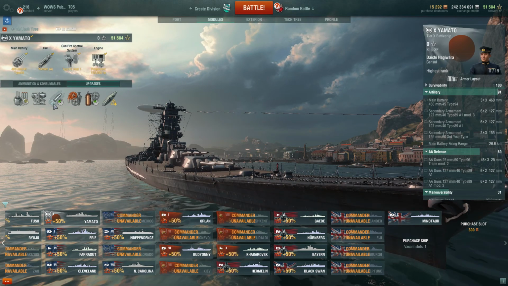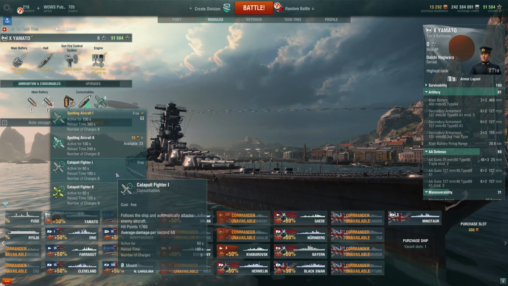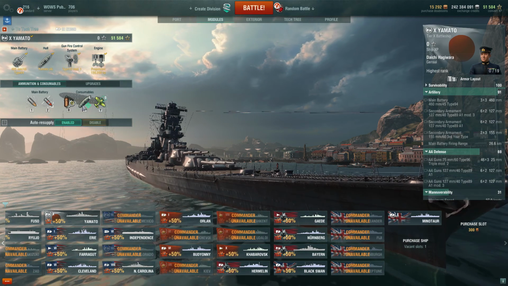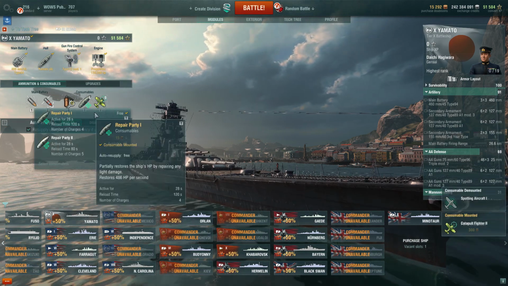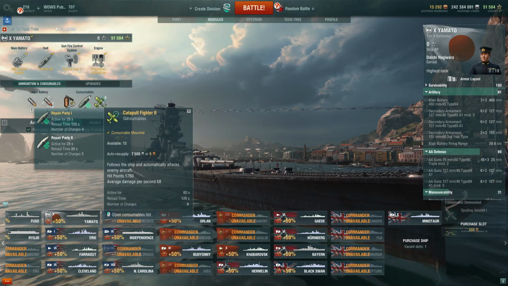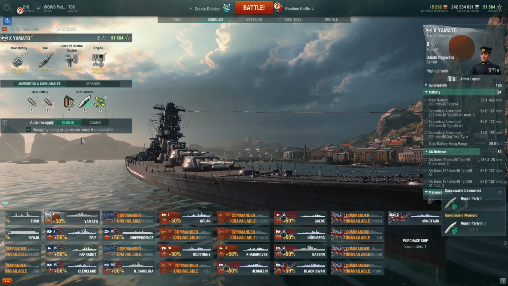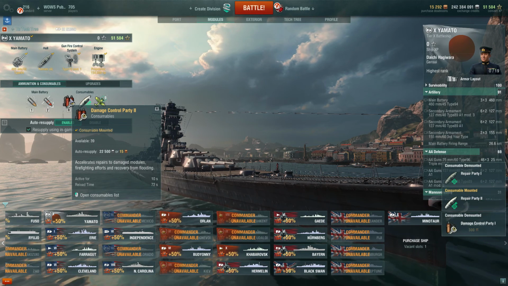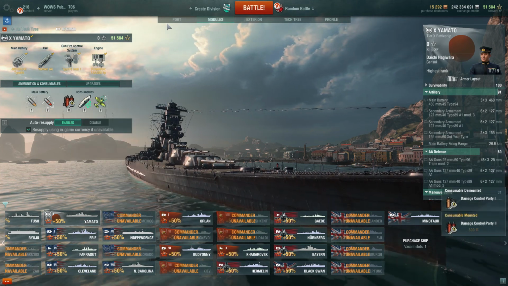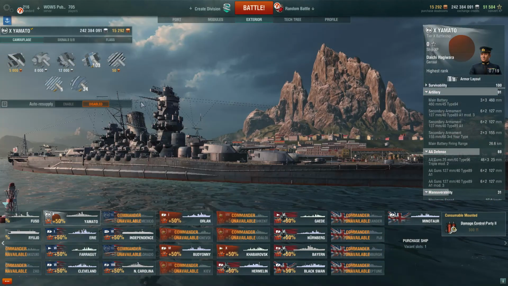I like tanky builds. Let's just go get myself some premium stuff. I'm going to go for Catapult Fighter, even though I haven't got the double fighter. We have got 9, but the cooldown is how long? 2 minutes. Anyway, Repair Party Premium, of course, and this one here, Premium. 72 seconds reload, so it means I'm not going to be on fire for way too long, and I'm also going to increase that even further